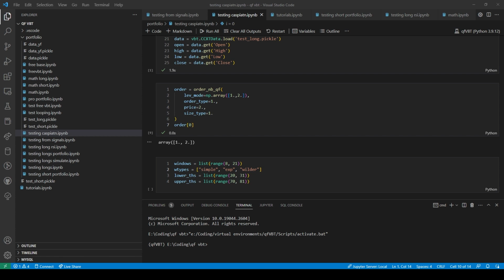Cartesian product. This is not a Numba function. So try length is this.